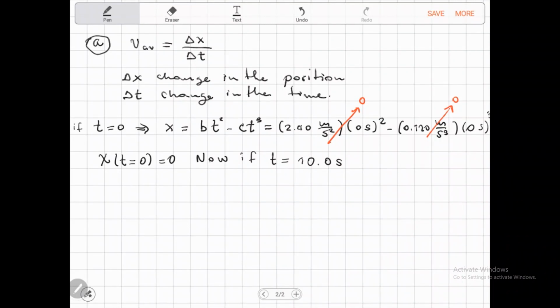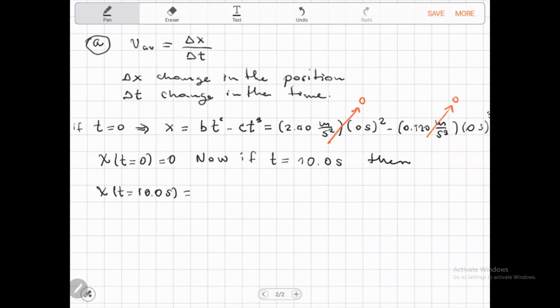What we do here is the same that we were doing, using the same formula, but instead of replacing the time by 0, we replace the time by 10. Then we do this: x when t is equal to 10 seconds